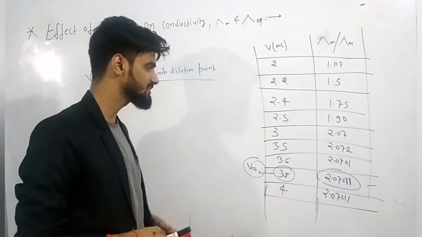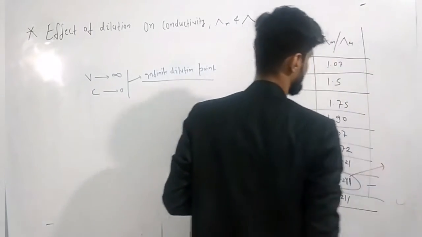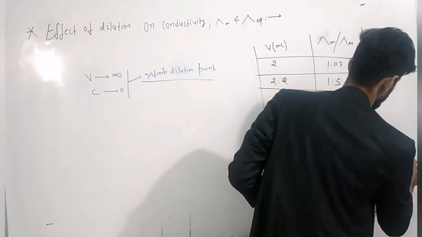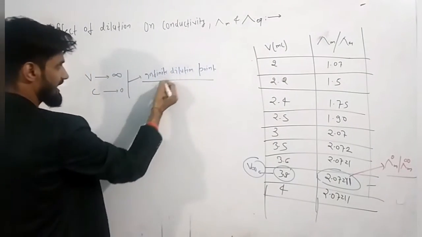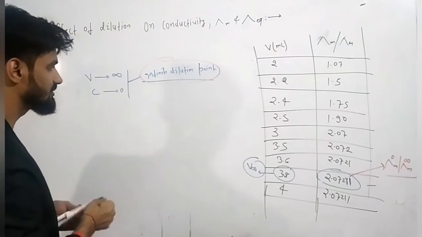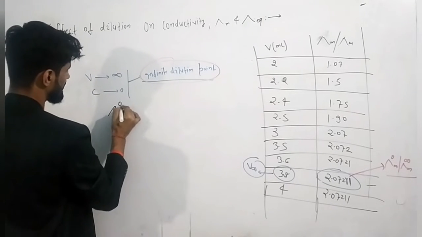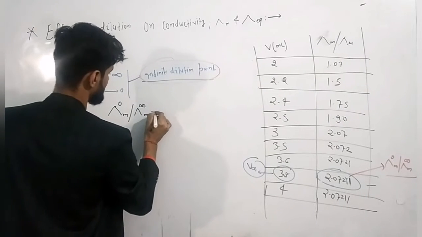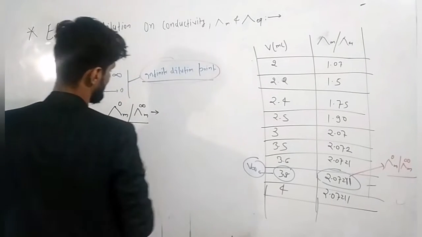I think up to this point it is very clear now. The value of conductance that you have calculated empirically is called kappa molar infinity, or kappa infinite m. I am telling you the meaning. You have all understood the meaning of the infinite dilution point, I think. Now, kappa infinite m: what is the meaning of this sign? I am writing here.